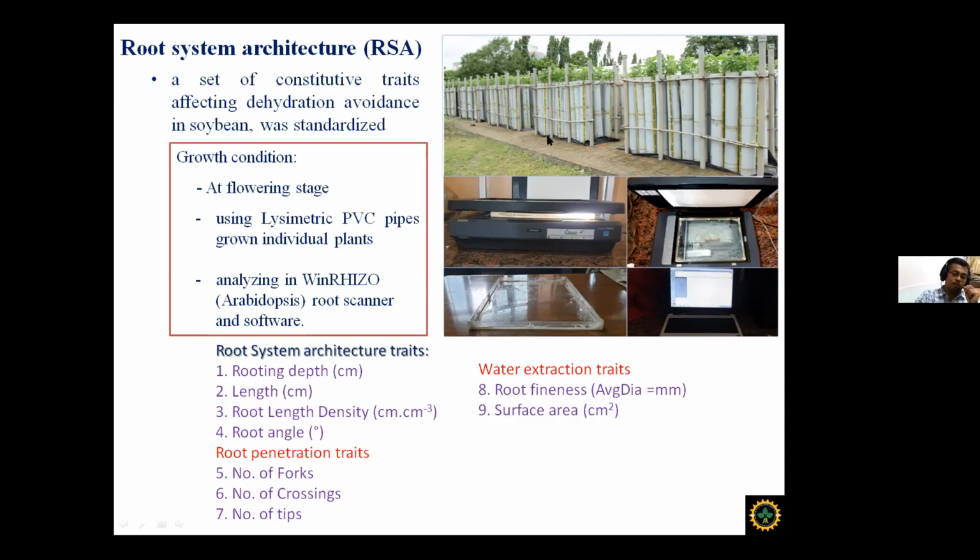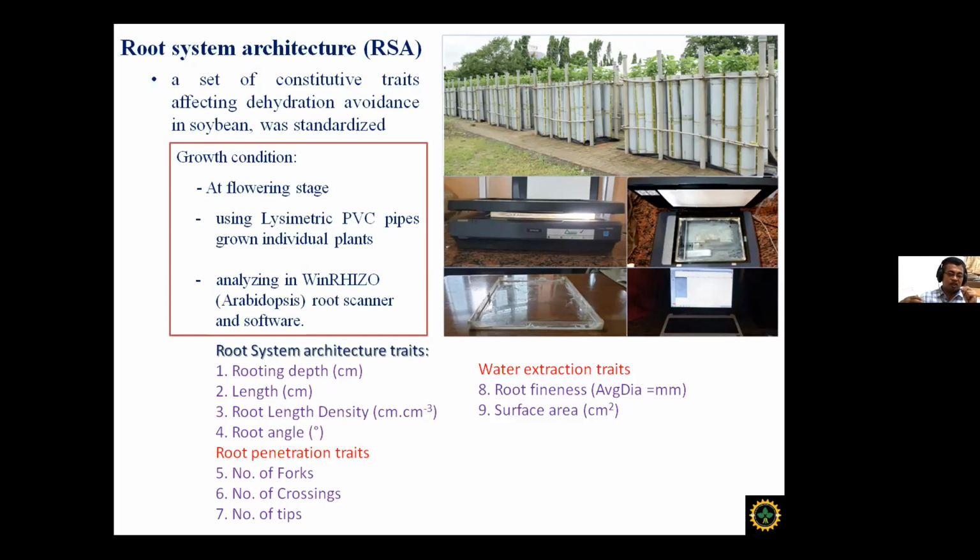So using lysimetric PVC pipes, as you can see, they are of the height of some 6 feet high and 8 inches wide for this particular plant of soybean and its canopy. These plants are grown initially in individual pipes. We grow some 3-4 seeds, and at seedling stage, the rest of the plants are removed and the healthy one is kept. So one plant per PVC pipe, and these plants are allowed to grow till flowering stage,